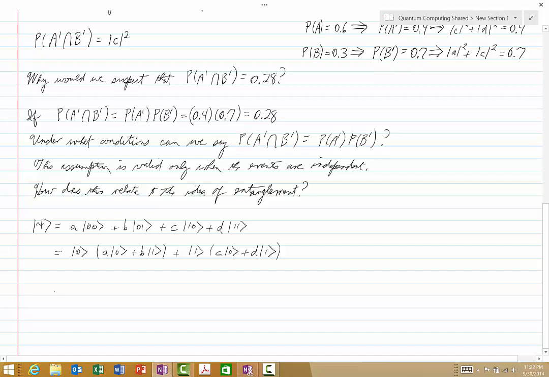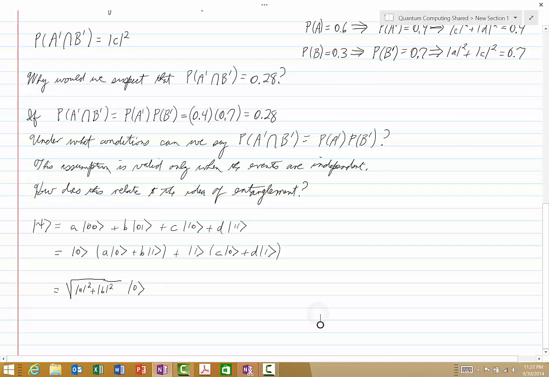And now we know that if we want to turn each one of those parenthetical expressions into a state, we need to normalize each one. So in other words, we would divide this parenthetical expression by the square root of the norm of a squared plus the norm of b squared, and divide this one by the square root of the norm of c squared plus the norm of d squared. But in doing that, we don't want to change the value of our expressions, so we need to pull terms out as well. So what we would get is the square root of the norm of a squared plus the norm of b squared